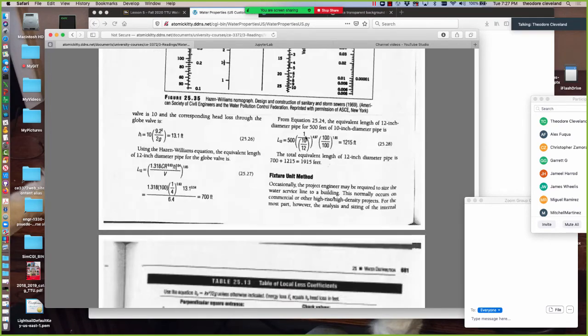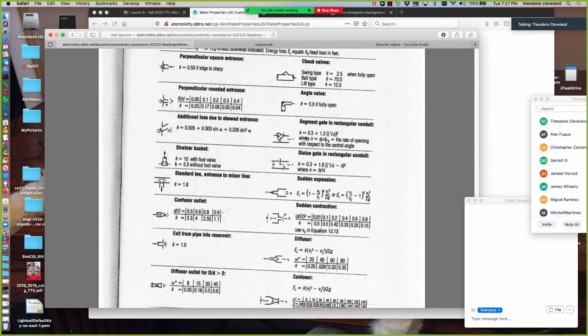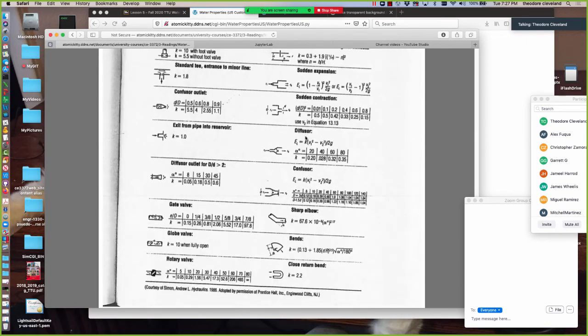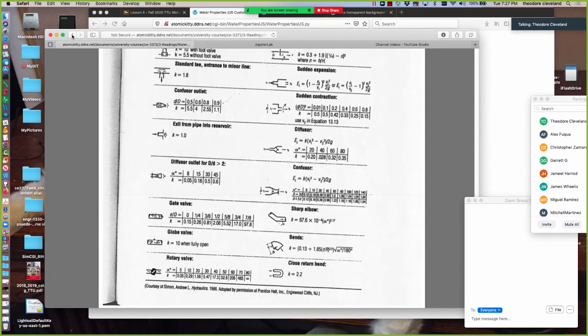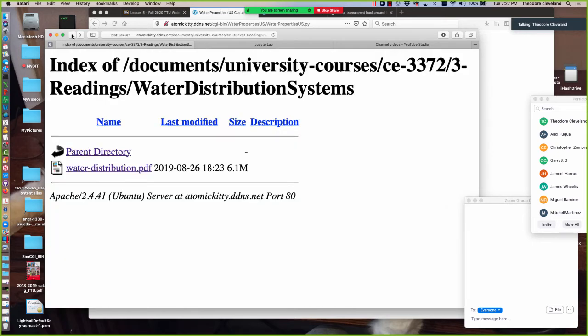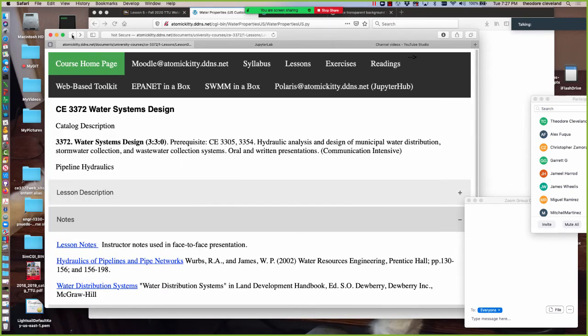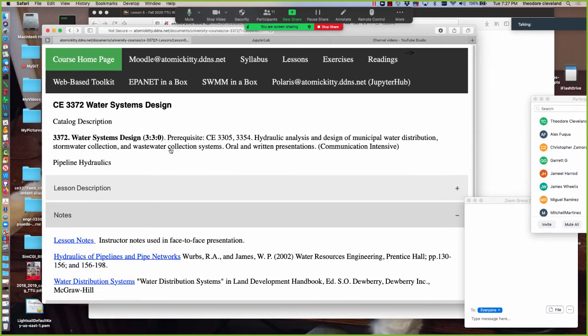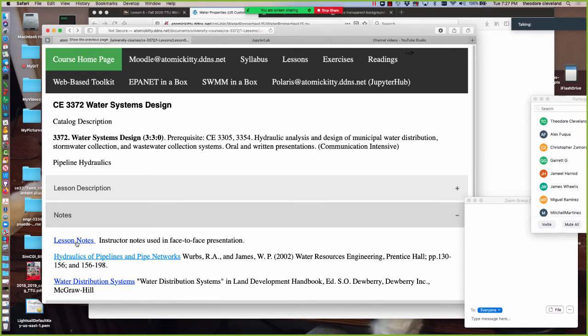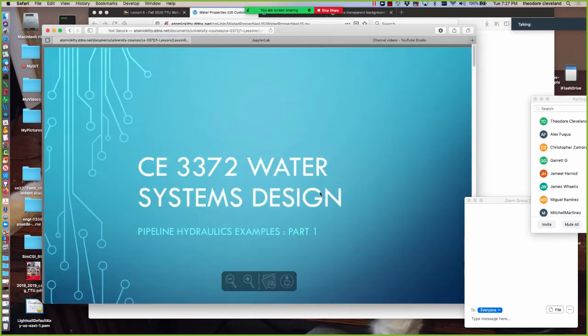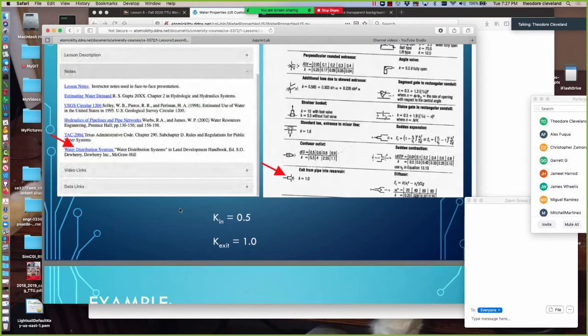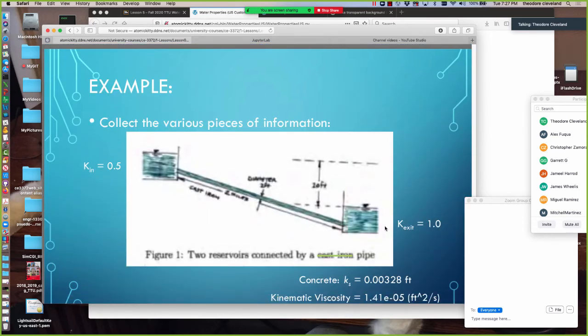Relative roughness, Swamee-Jain, loss coefficients. So that excerpt that's in the PowerPoint comes right out of this, and most of the other hydraulics books have similar tables. Turn to the notes. So we're right here, and from that table we would conclude that the inlet loss has a K value of 0.5, the exit loss has a K value of 1.0, and now we have everything we need to